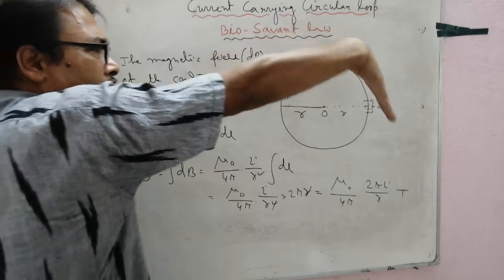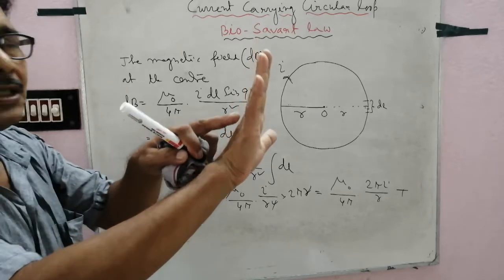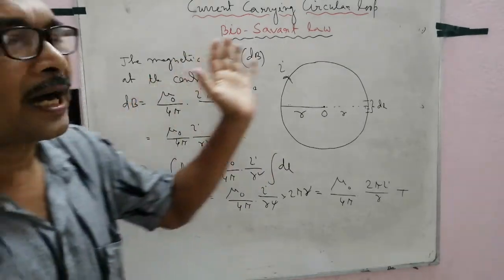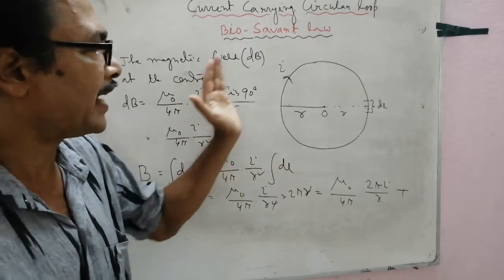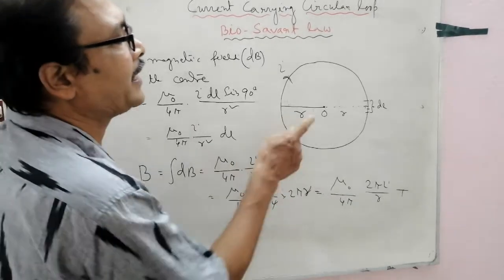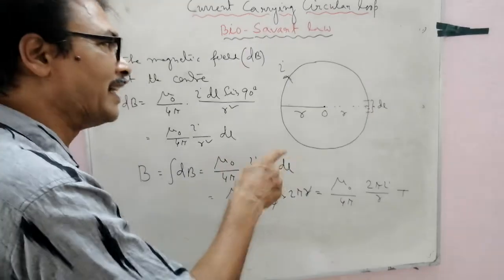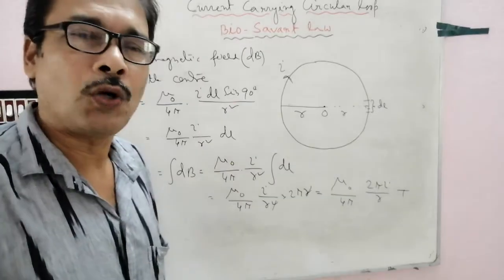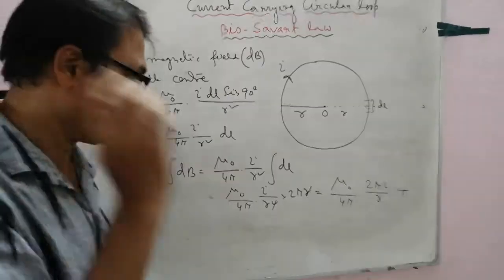Here you consider everywhere, follow, the direction of the current and the direction of the forefinger will be the same. So you may follow the Oersted rule, or the right hand thumb rule. By applying this rule, we found out that the direction of magnetic field at the center is perpendicular to the plane of the board and downward, that is away from the reader. If current is in anti-clockwise direction, follow, then the magnetic field is also perpendicular to the plane of the board, but towards the reader, that is upward direction.